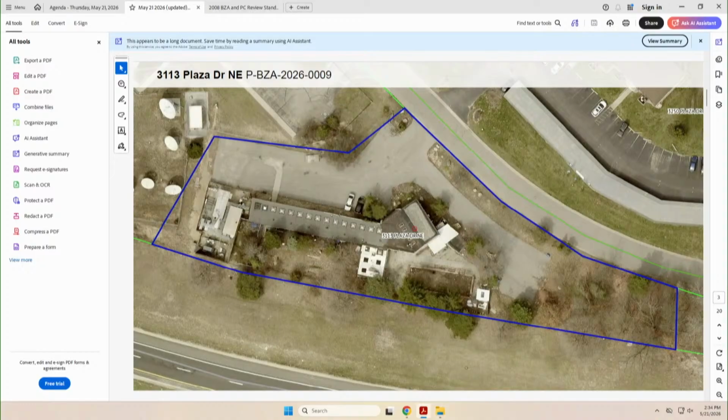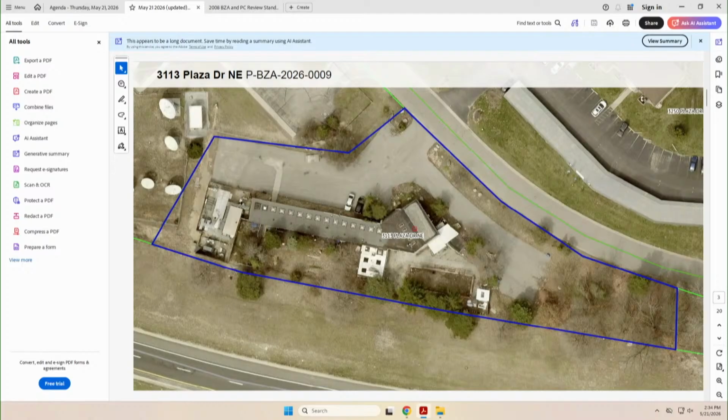The property is currently improved with a 2-story structure. The structure was previously a hot tub spa and then a brewery, also known as Hubba Tubba, as the hot tub spa, not the brewery. The brewery was Hideout Brewing. The proposed project would demolish the existing structure and build a new structure in roughly the same location.